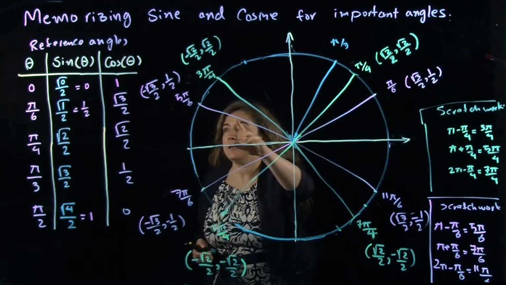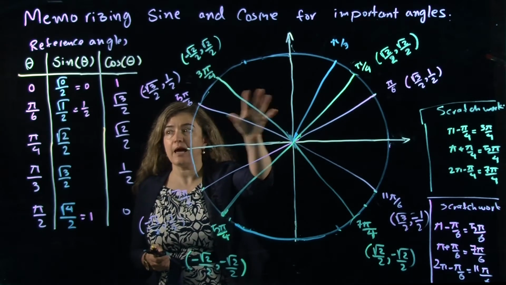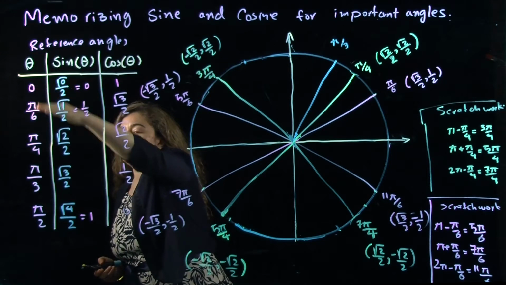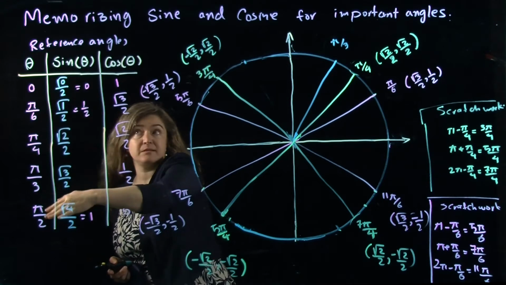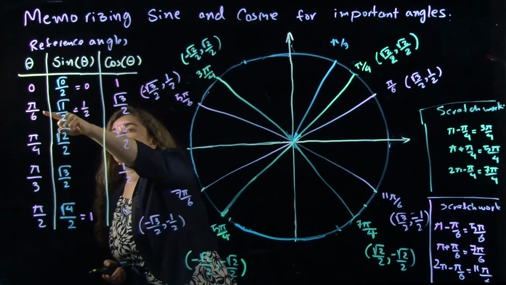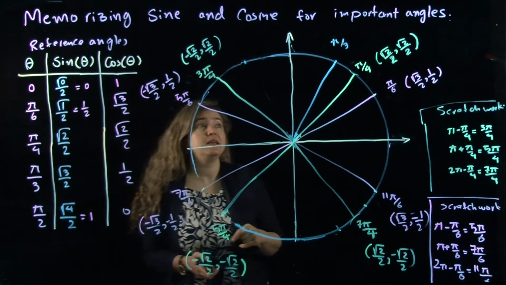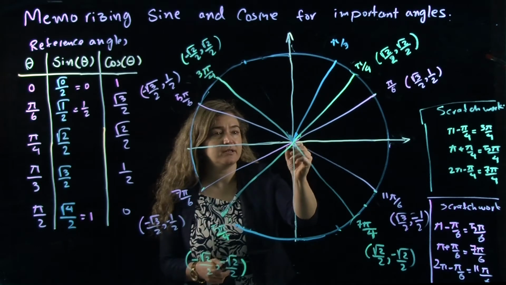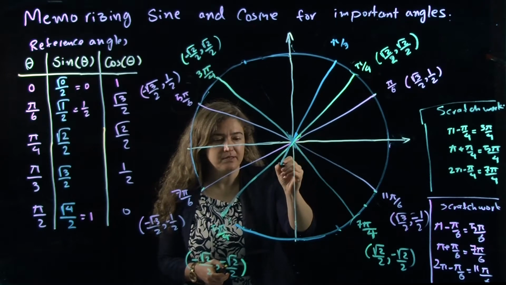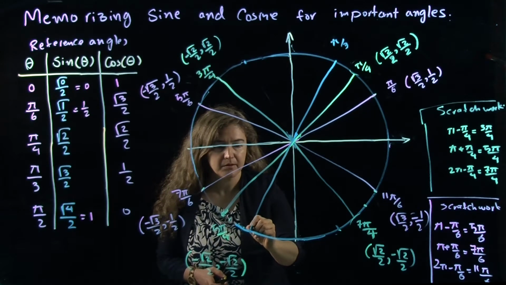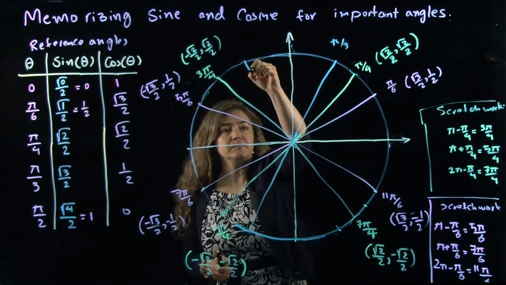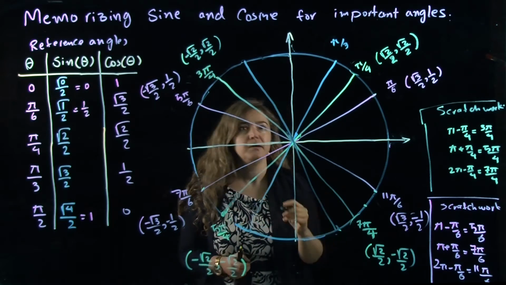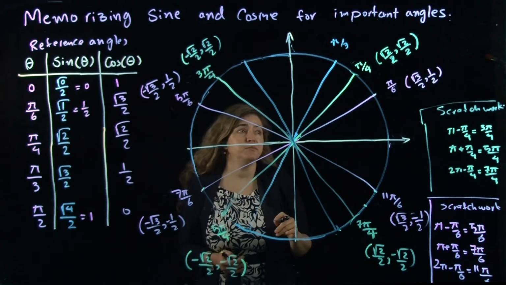So out of the reference angles from 0 to pi half, the famous reference angles, we've done pi 6 and pi 4, and what's remaining is pi 3. So let's see, pi 3, and then we draw the ones that are symmetric with pi 3. And then on the scratch work,